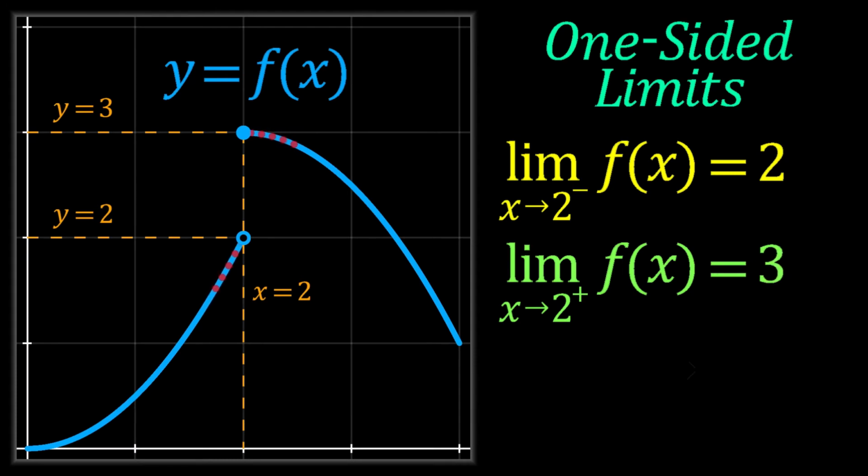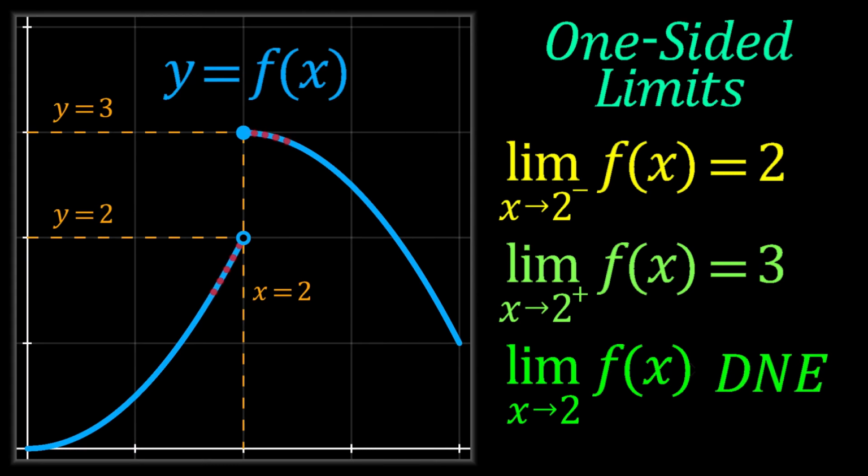At this point, we're left with something a bit weird. The limit from the left side doesn't quite agree with the limit from the right side. That's a problem for taking the limit of f of x as x approaches 2. We're getting two different numbers from two different directions, so we can't just choose one and call it quits. When something like that happens, we say that the limit does not exist, or DNE for short.